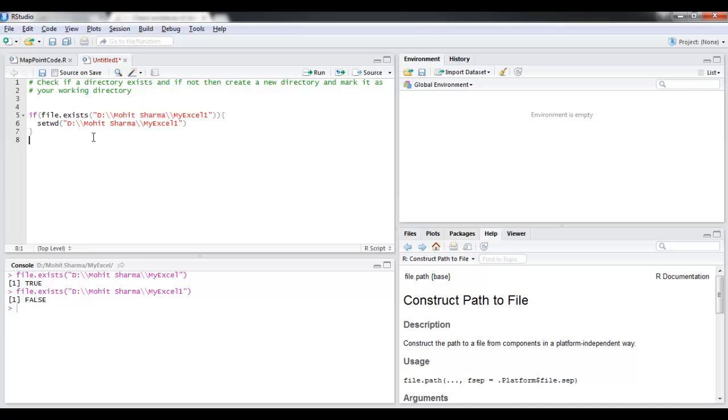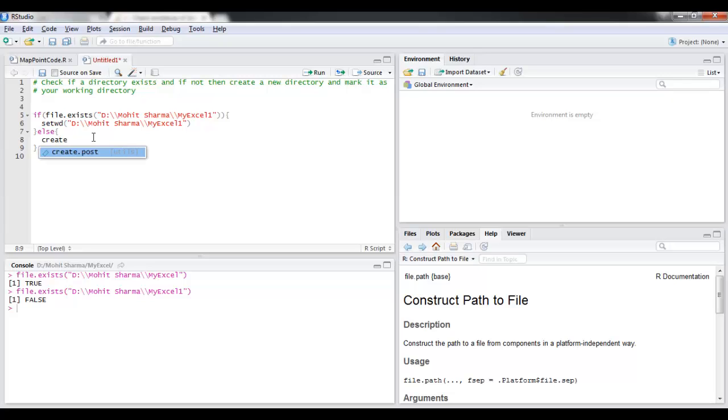But if it does not exist, then I have to create it, right? So to do so, I'm gonna say else, and to create a directory we use dir.create, and then pass that path along with the directory name which you want to create.